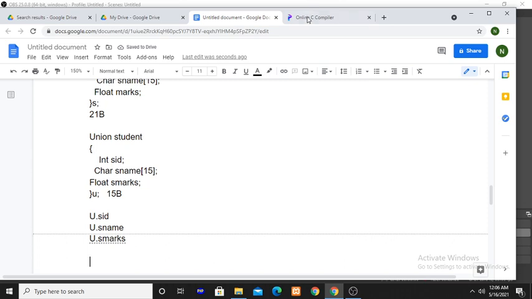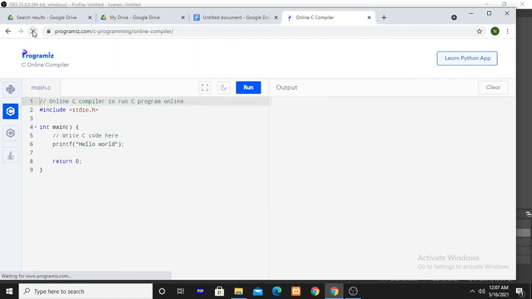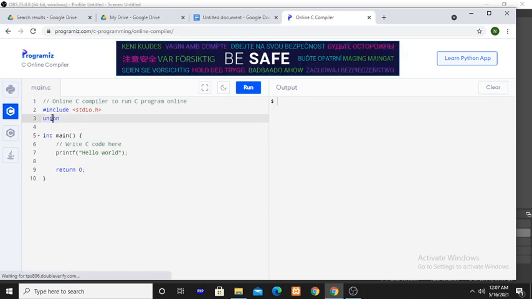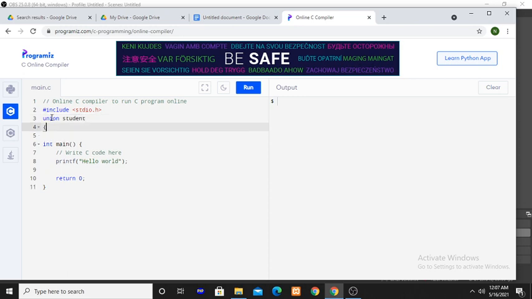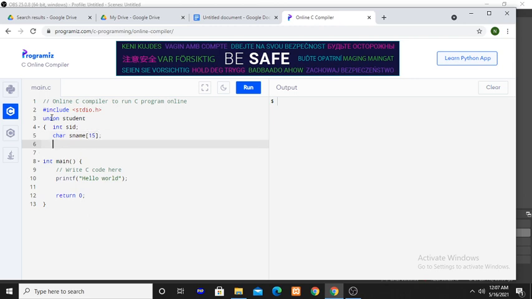So look at one simple program for this also. Union student: int SID, char SNAME, float marks.